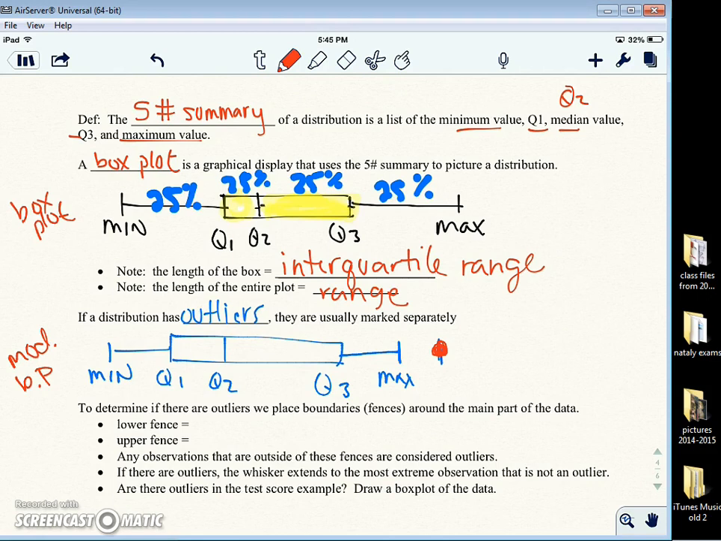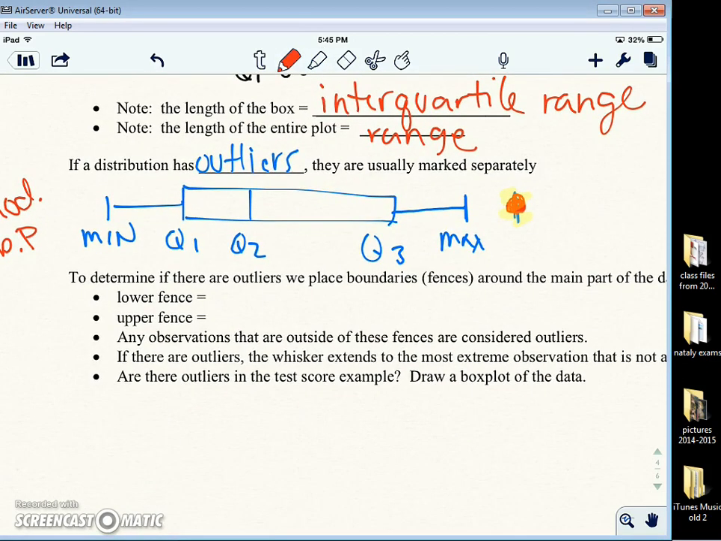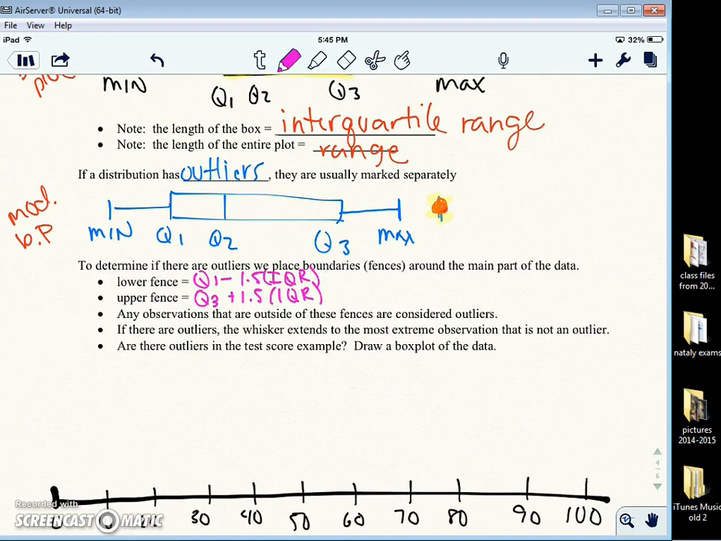All right. So we need to determine how we figure out if there's an outlier. And that is a lower fence and an upper fence. The lower fence, and you will absolutely need to memorize this, is Q1 minus 1.5 times the IQR, and I'll go over this in class a little bit. Okay. And the upper fence is Q3 plus 1.5 times the IQR. Any observations that are outside of these fences are considered outliers. If there are outliers, the whiskers extend to the most extreme observation that is not an outlier. Okay? Are there outliers in the test